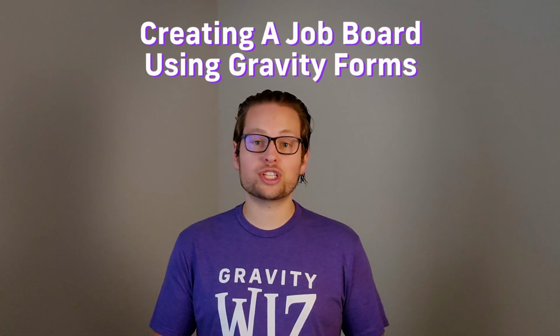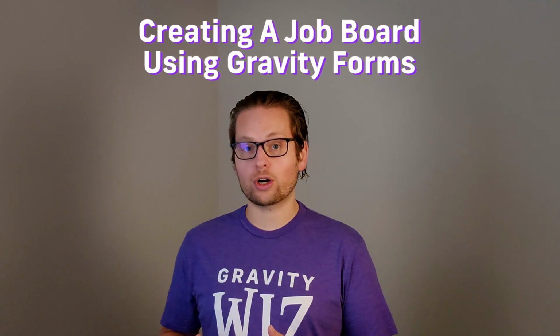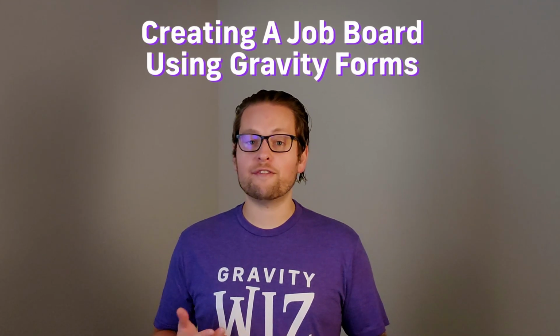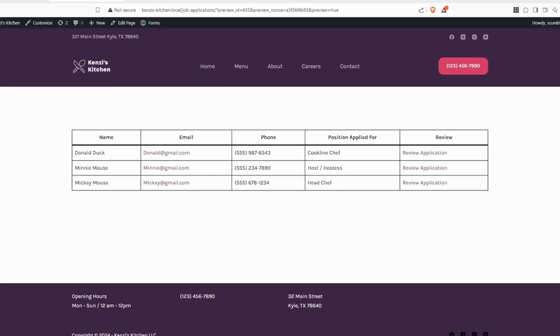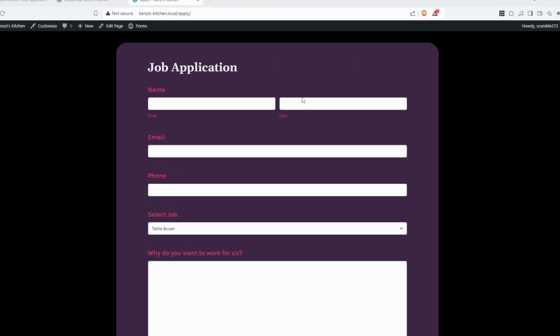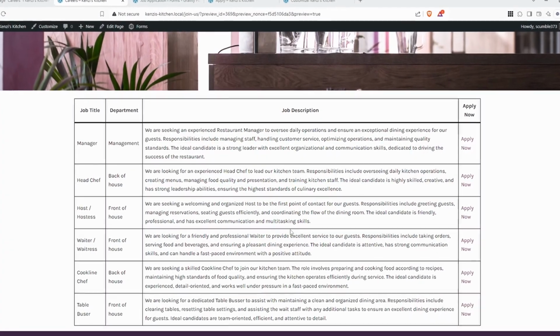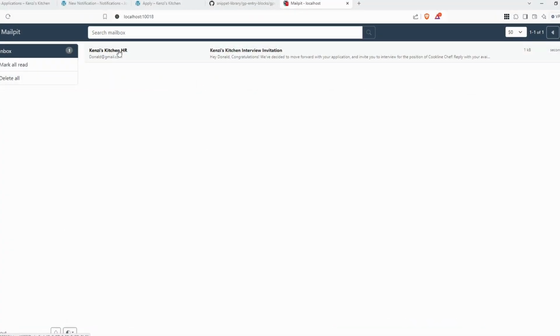Have you ever gone to a company's website to apply for a job? You go to the careers page, scroll through the open positions, and apply for the one that you want. What if I told you we could build an entire system like that for your WordPress website using Gravity Forms? In this series, we'll do just that, leveraging Gravity Forms and Gravity Perks to create a system where we can efficiently manage the application process, filter applications to your exact needs, configure how job listings are displayed, customize applicant follow-up,